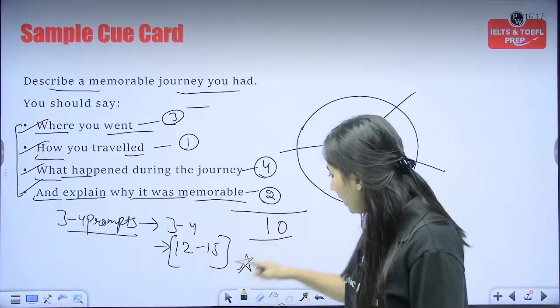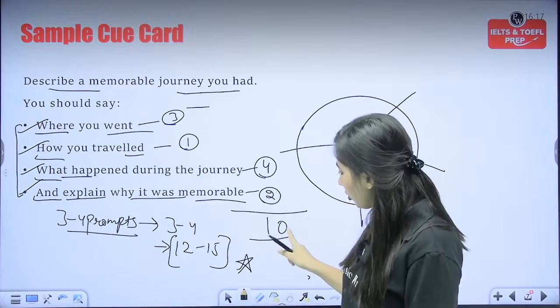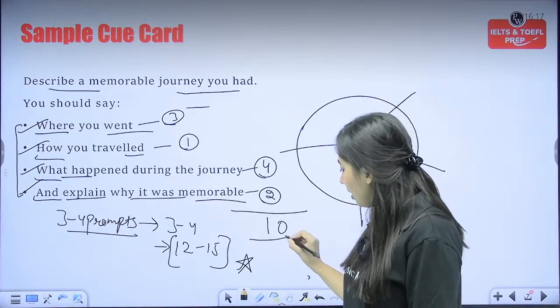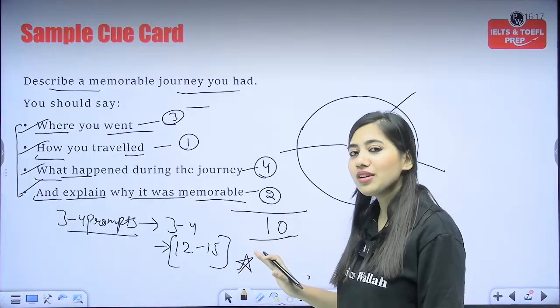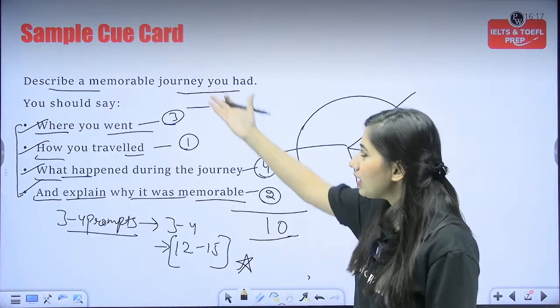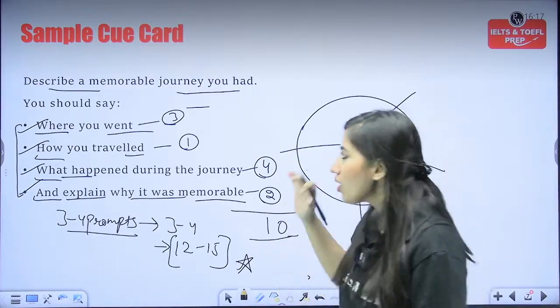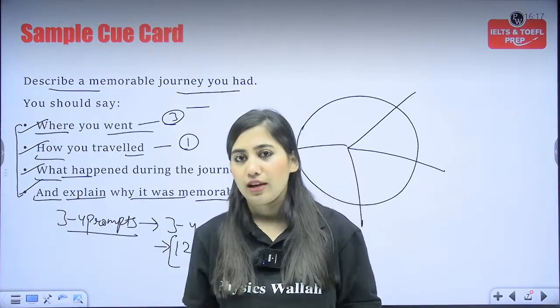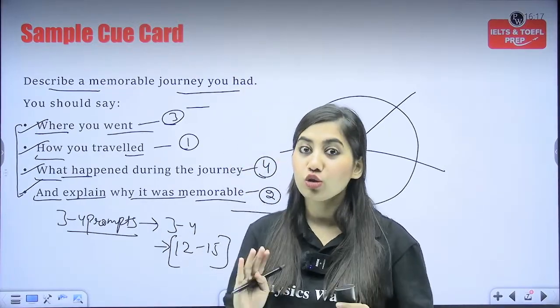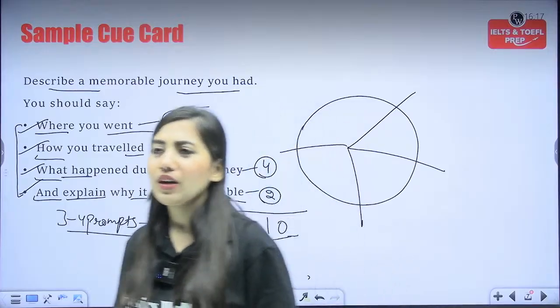If you have not been able to accomplish this, let's suppose I've only been able to make 10 pointers, in that case, what am I going to do? I am going to talk about that topic in general, because you will not be able to check the time. You will not have a watch or a clock in the examination room. Hence